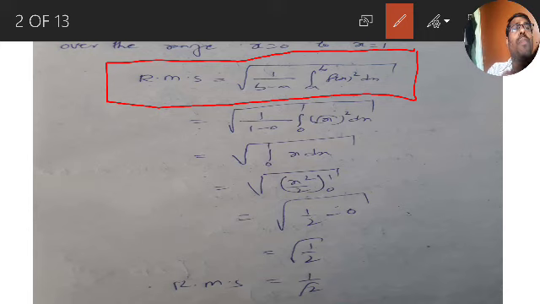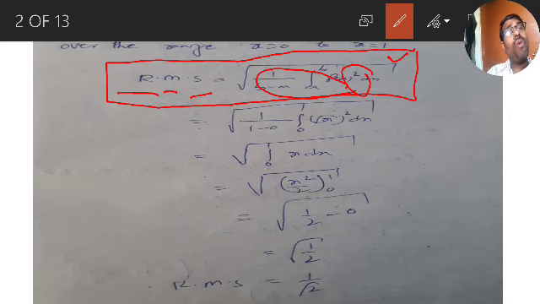So there is a root symbol, that's why we call it root. The formula is like mean value, therefore we call it mean. And at last we have f of x square, that's why we call it square. So root is there, the mean formula is there, and for the function there is a square. That's why we call it root mean square value. In short we call it RMS, equal to the square root of 1 by b minus a, integration a to b, f of x whole square dx. This is my formula. Are you able to get it?